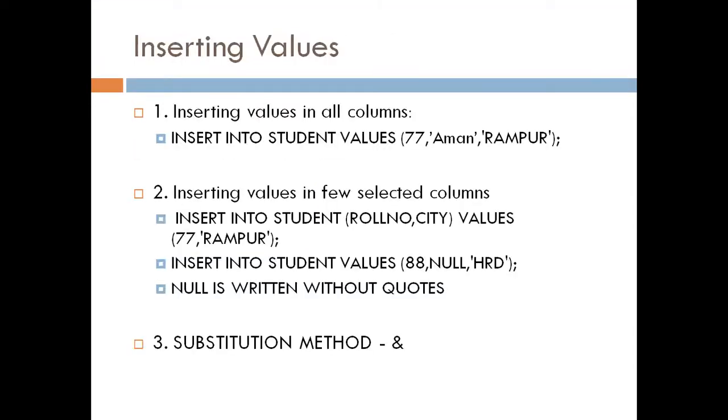So in the previous two videos we have seen different methods of insertion. Number one was when you want to insert values in all three columns. So this was the method: insert into student values, roll number, name and city. But if you don't want to insert in all the columns, there were two methods. Number one was insert into table name, then give the name of the columns and then give the values, like roll number and city, values and this. Or, if you don't want to write the column names, you can simply type insert into student values, and for the value which you don't have, just write null without quotes.